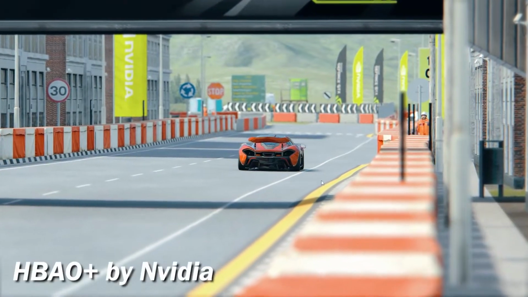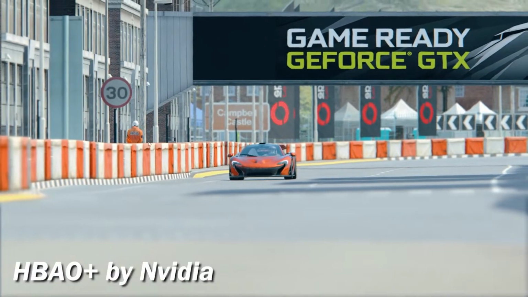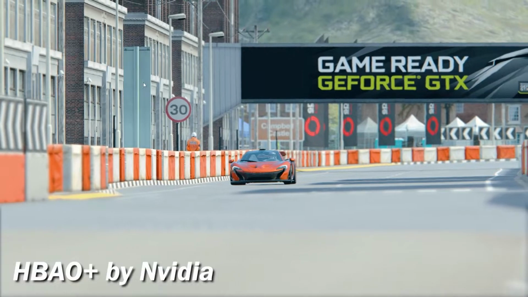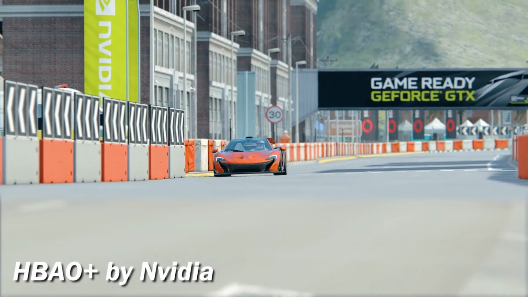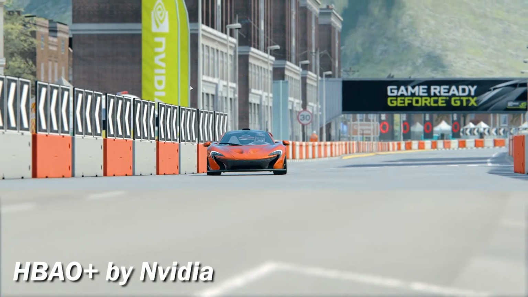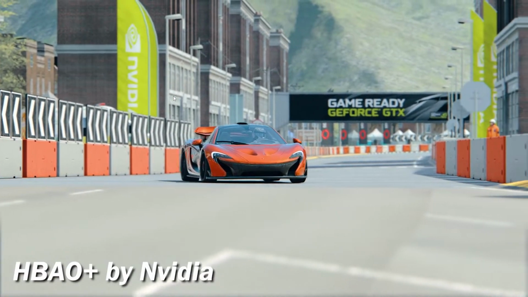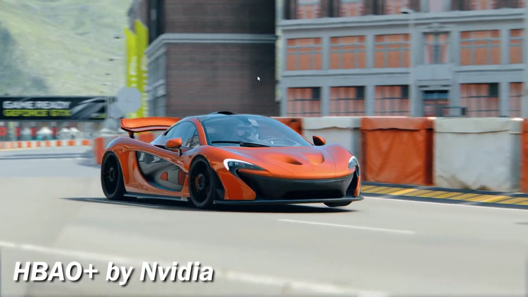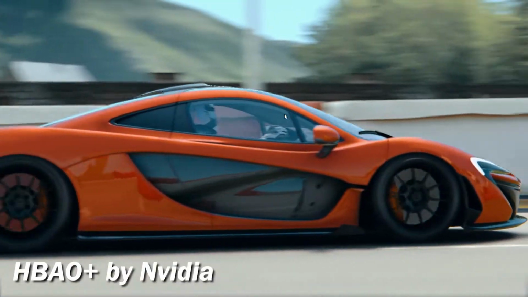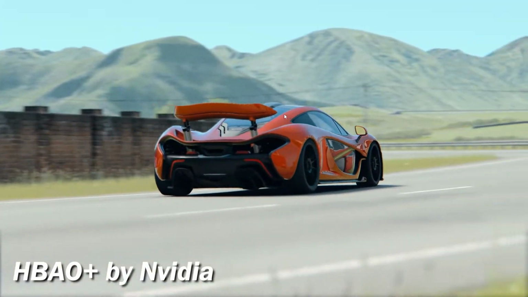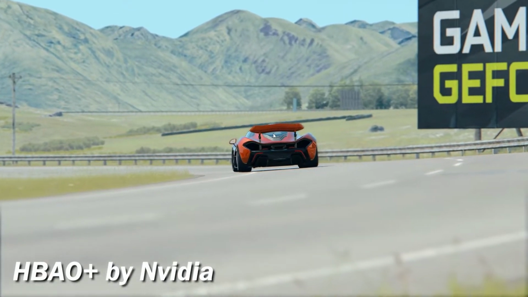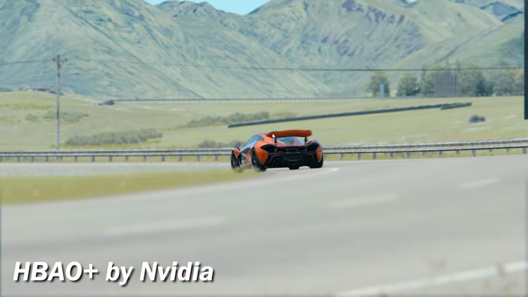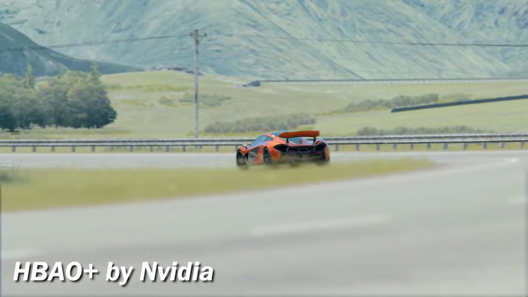If you look around the car, at the environment, you could see here, the AO, for some reason, pops in and out depending on the distance of the camera from the object itself. Despite the effect looking good, the fact that it pops in and out makes the scene look a bit